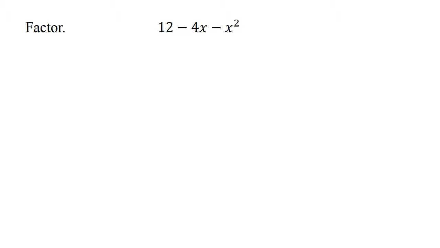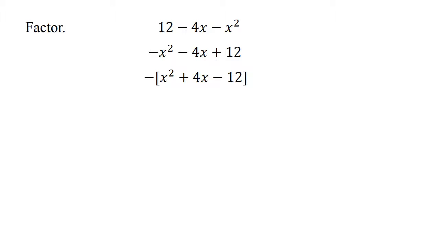Alright, let's look at this problem. Well, one of the big issues here is this problem is in the wrong order. So we should put it in the correct order: x squared, then x, then constant. Then we run into this problem where the x squared term is negative, and that's just going to make life much more complicated than it needs to be. What I want that to be is a positive x squared so that I can factor this just like all these other examples. So what I'm going to do is factor out a negative, or in other words, a negative 1. And what that's going to do is change all the signs. So that x squared is now positive, that 4x is now positive, and that 12 is now